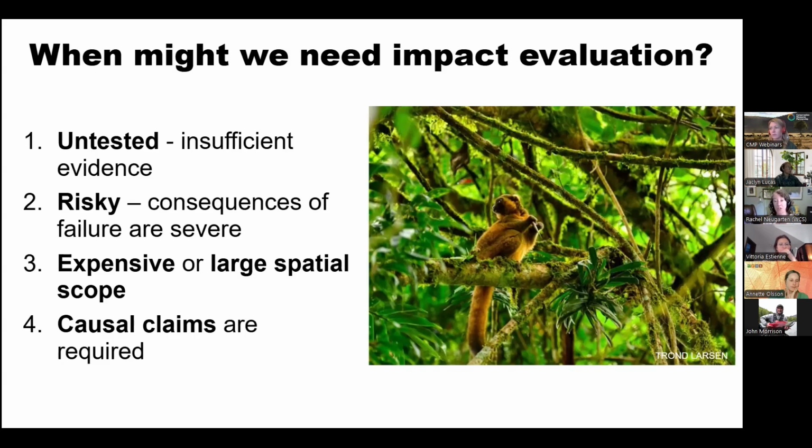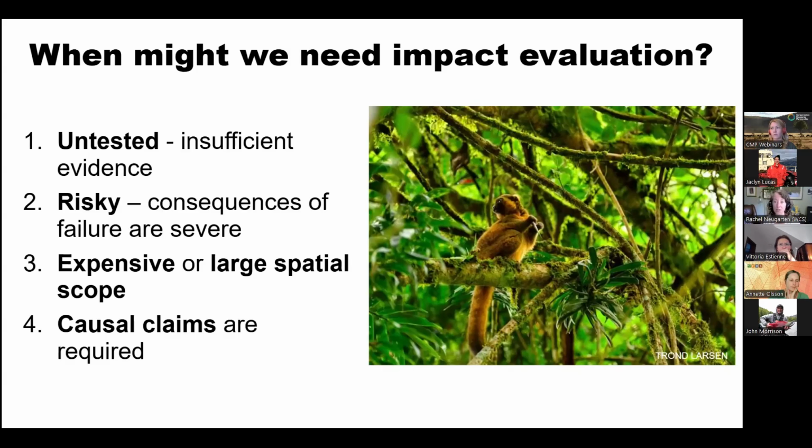But when an intervention is based on a sort of untested strategy where there's insufficient evidence for the efficacy of the intervention, right? I've done a lot of literature review. I've read a lot of papers that show that, for example, protected areas, when they are well resourced and well managed, and when they are put in the right locations, that's a lot of qualifiers, are very effective at reducing deforestation, right? So I think there's a lot of solid evidence that that's the case. However, in most other intervention types other than protected areas, large scale interventions like payments for ecosystem services schemes and certification programs, there is still a lack of evidence in many cases. So this is one category where you may want a higher burden of proof.